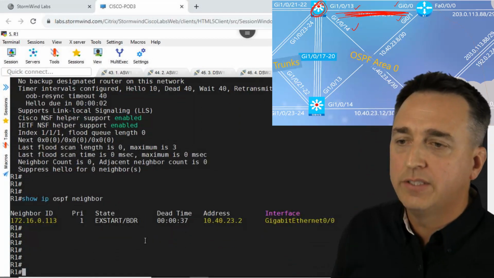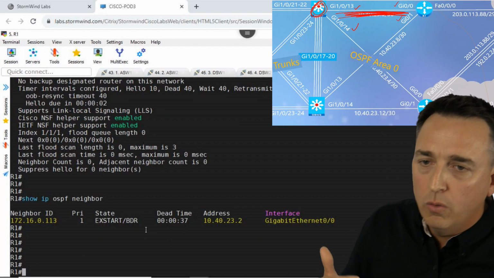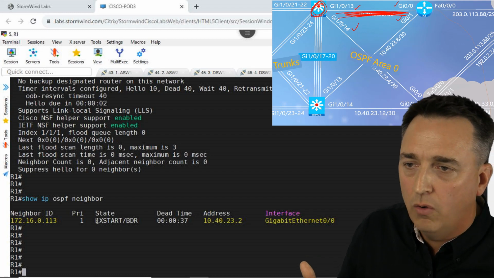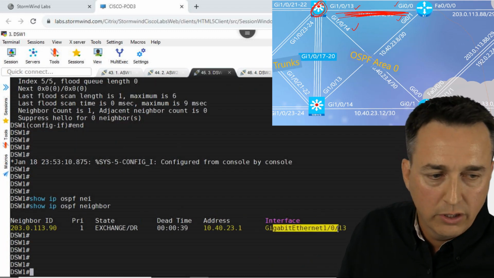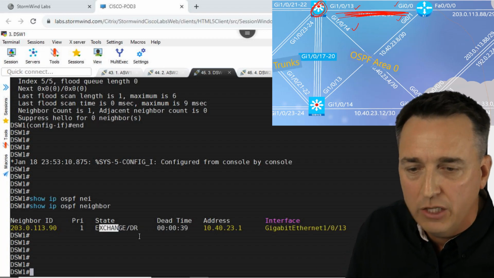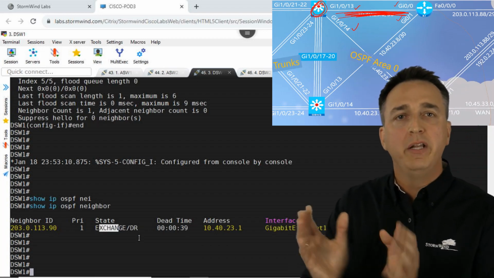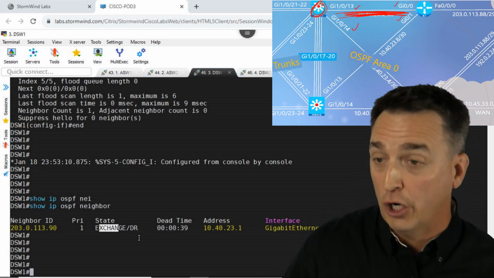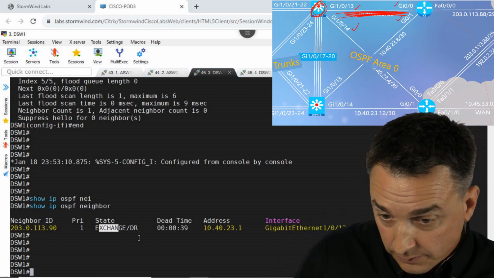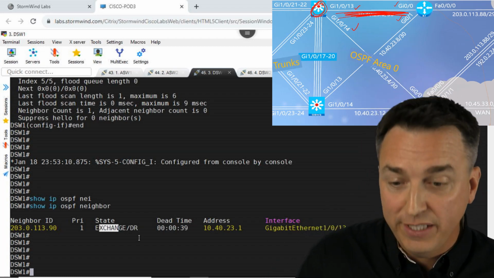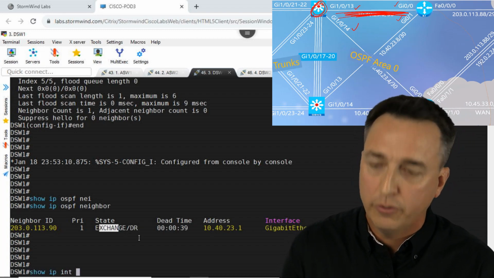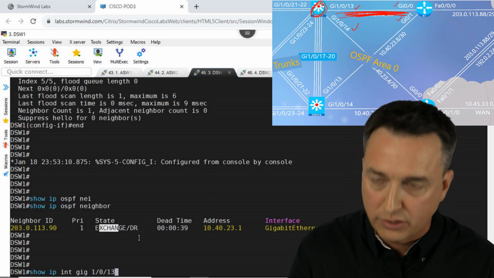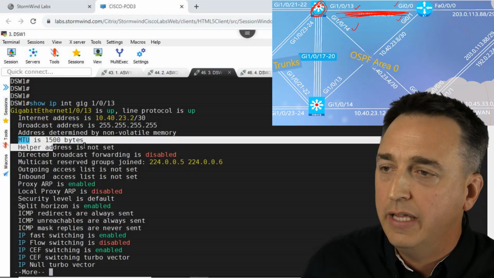All right, so we're seeing something. So out gig 0/0, we're state ExStart. Out gig 1/0/13, we're state Exchange. Does anybody know what is a common reason for that to occur? MTU mismatch. Yeah, so if we type in show IP interface gigabit Ethernet 1/0/13, you'll see here the MTU is